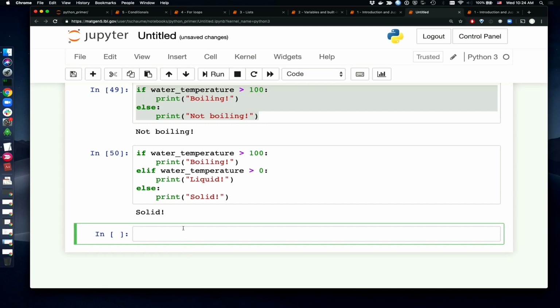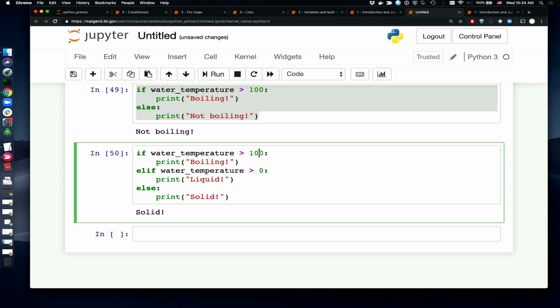So Python will evaluate those conditions one by one. So the order of those conditions does matter. So if you change the order of those,